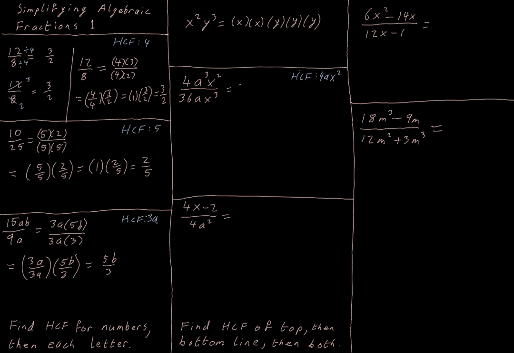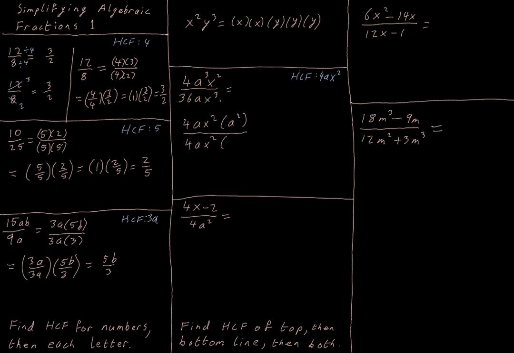So we can write down our highest common factor, 4ax squared times what is going to give me 4a cubed x squared. Well, 4 is fine. A by what would give me a cubed, that would be a squared, and x squared by what would give me x squared, well, that's just by 1. So a squared is all I need there. And write down my common factor again,